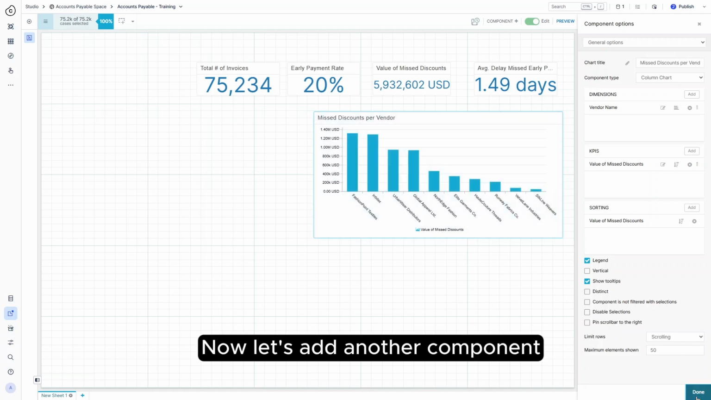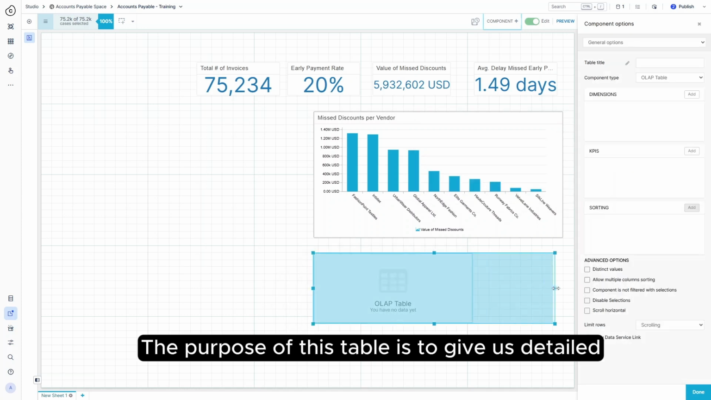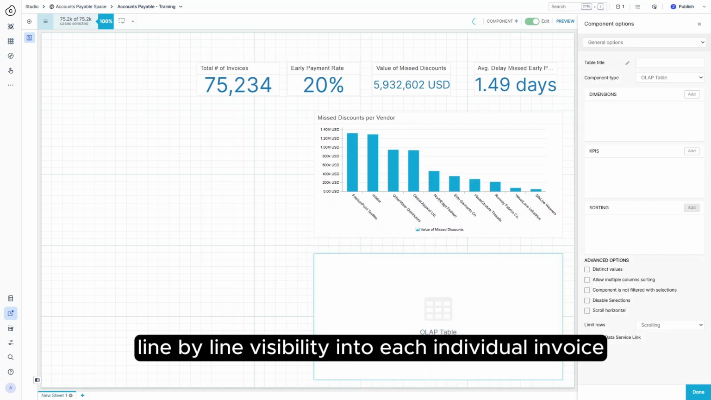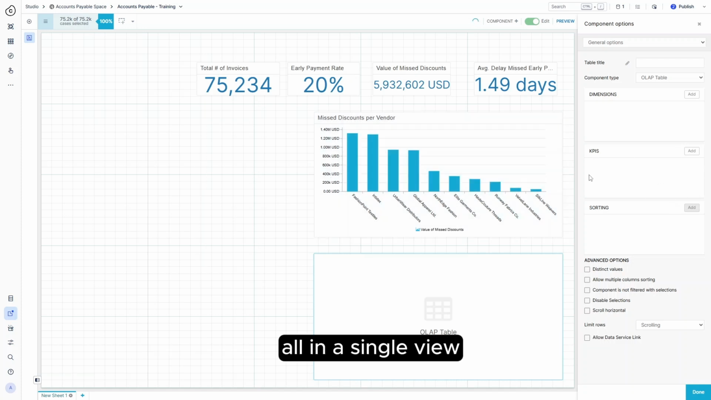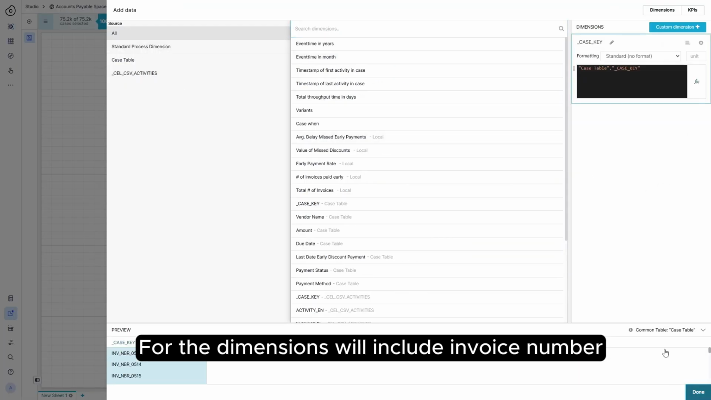Now, let's add another component. This time, it will be an OLAP table. The purpose of this table is to give us detailed, line-by-line visibility into each individual invoice, all in a single view. For the dimensions, we'll include invoice number,